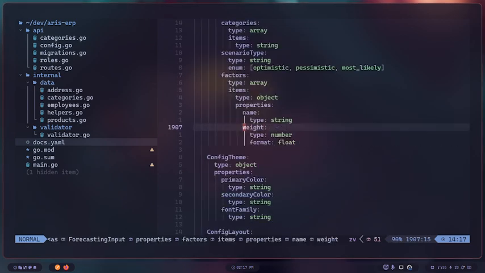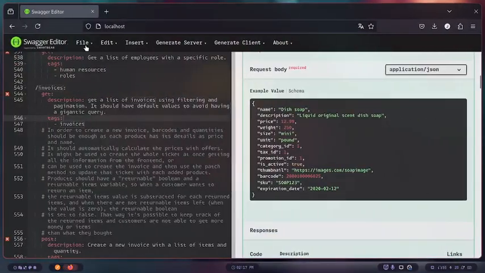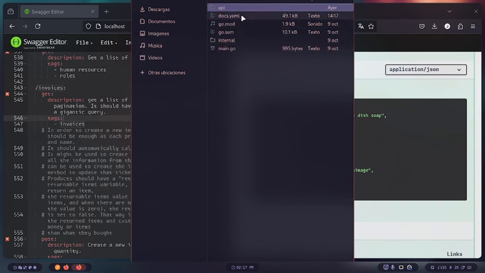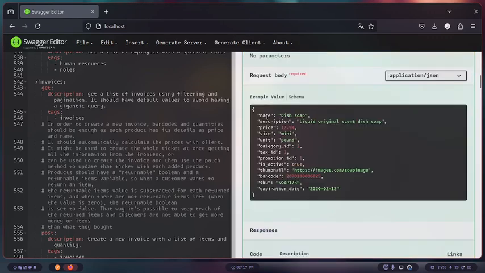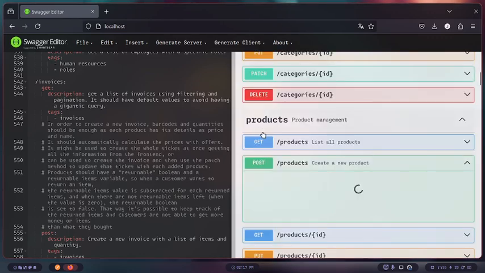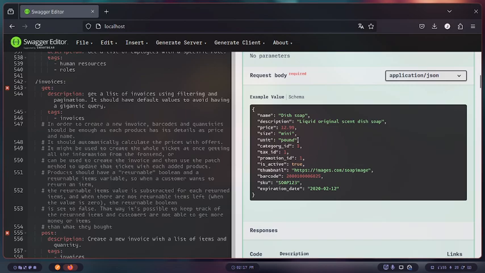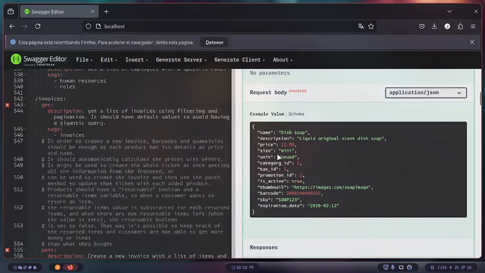Okay, so it seems that I already modified this successfully. I'm going to import the file again. And this product part should not mention the weight. Okay, so now I don't have it, and I just have name, description, price, size, unit, category ID, tax ID,